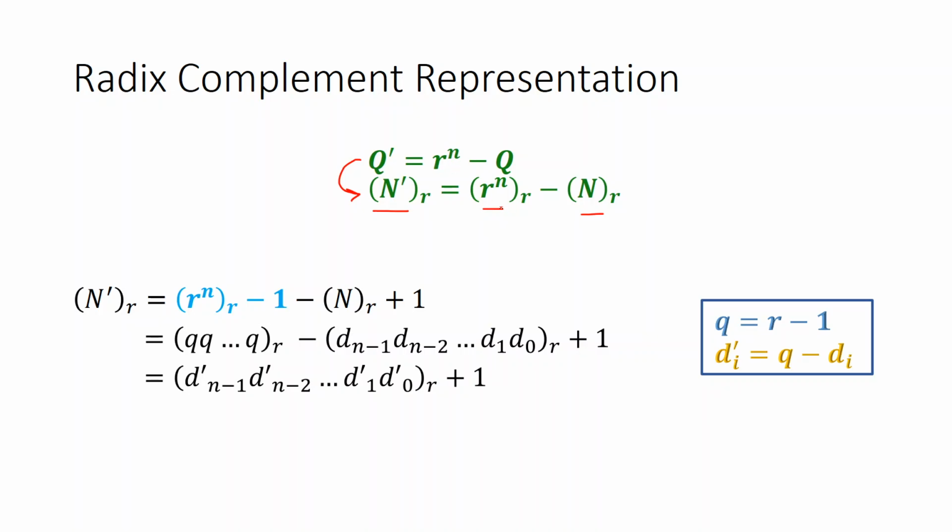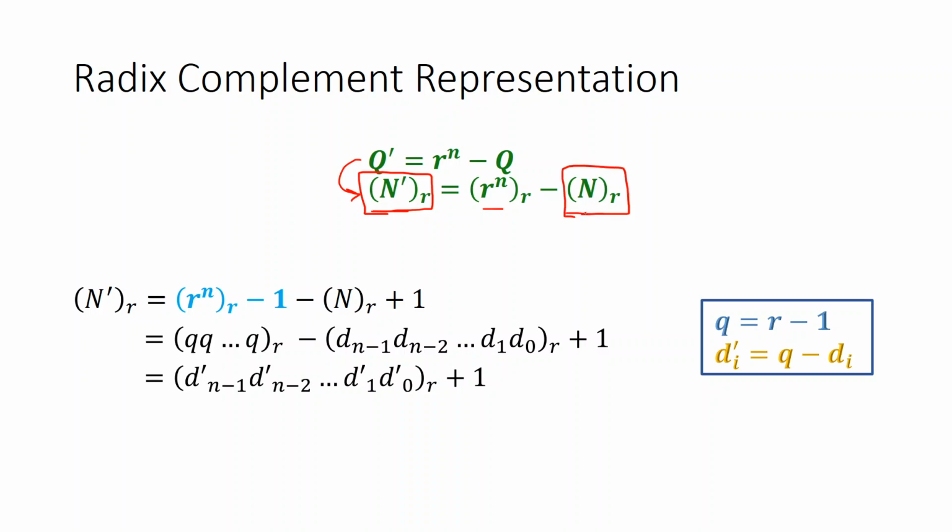For r to the power n, it is like this. So r to the power n is a value, and we are representing it with a number in the r base. So I have written it like this, and this is the number representing q, also in r base. I am interested in finding out this number given this number.